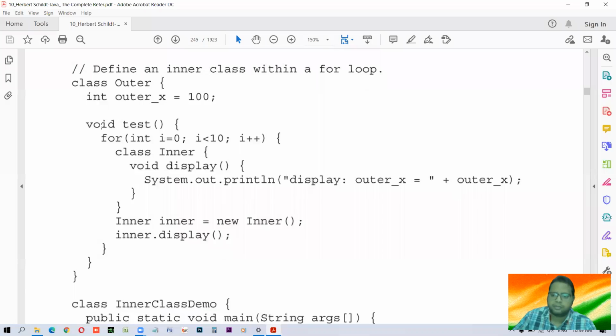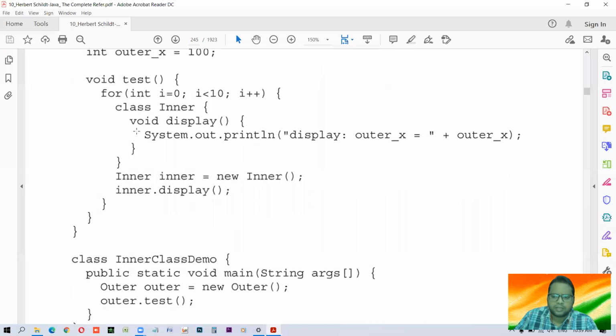These things are also available. Means we can do these things also that we never think of. And why make a class inside a for loop? But it can be made. See here, this for loop is there. Again, a class. Look, the curly brace. This curly brace is for the for loop. We are making the inner class, and then new inner is the object of the inner class.